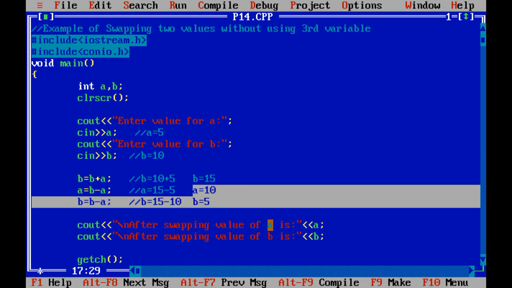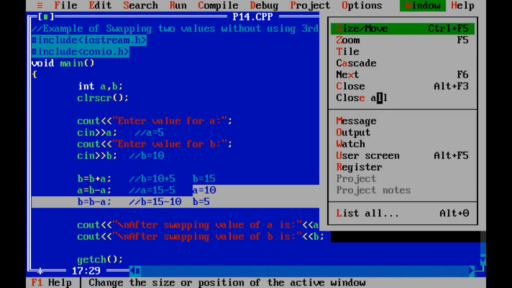Let me share the code of today's 4 programs. The first 2 programs are formula based, and the remaining 2 programs of today's session are swapping of values using a third variable and without using a third variable.